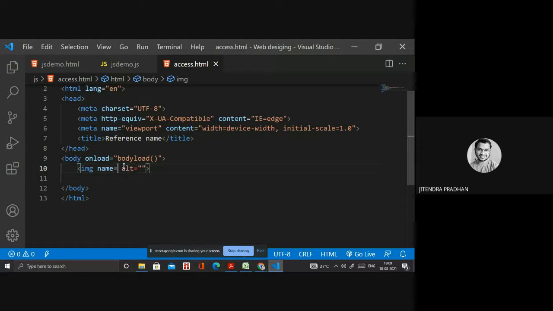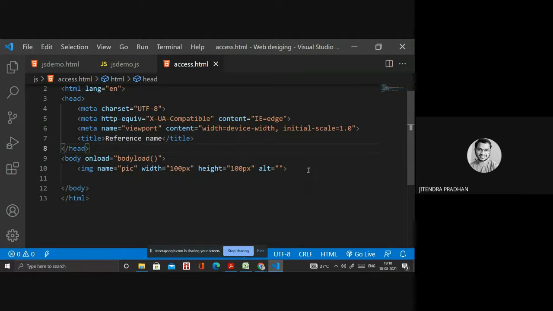The name, if I give the name pic, and the width of the image is 100 pixel, and the height is 100 pixel. Okay.